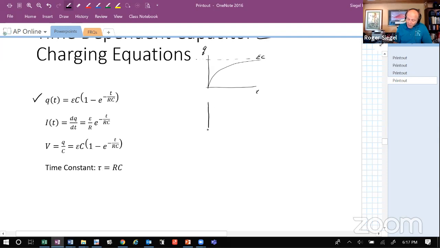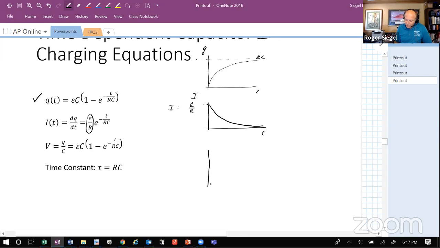All right, my current is an exponential decay, and we have I here, and the value here is, look at that, my constant here in front is E over R. Well, ladies and gentlemen, that is Ohm's law. I is equal to E over R. And so remember, at first, the capacitor acts like a closed switch the instant that it's closed. And so that instantaneous first current pretends like there's no capacitor. And so that's why we get E over R, and this is a function of time.